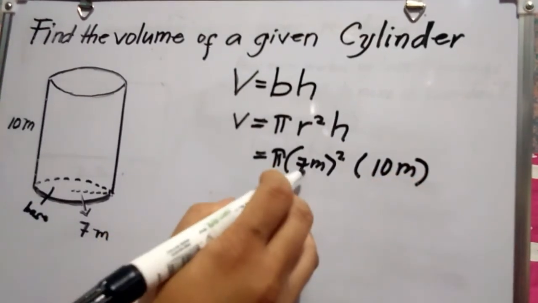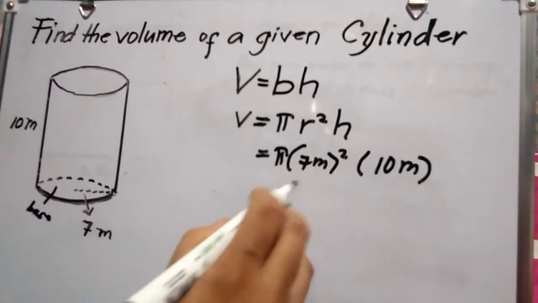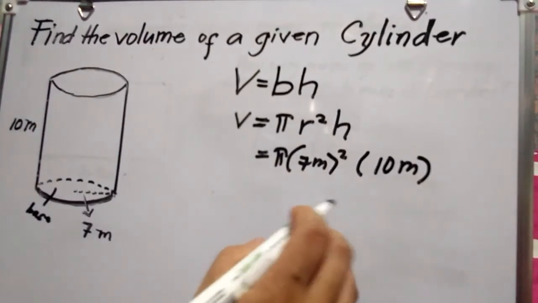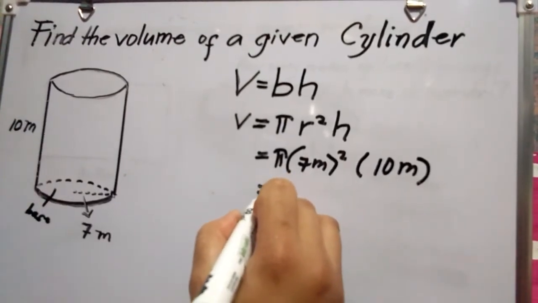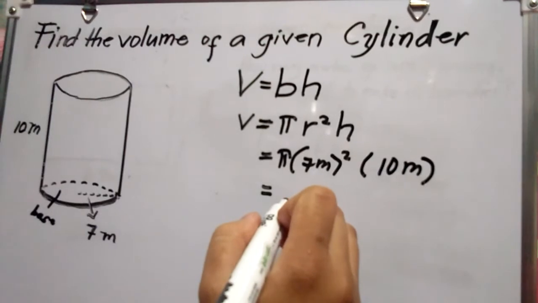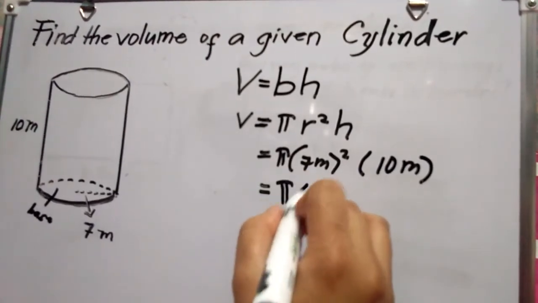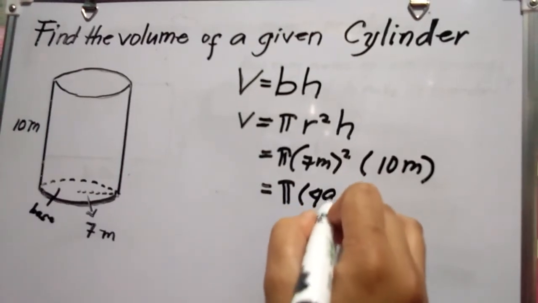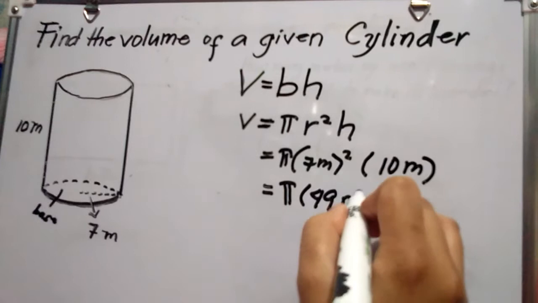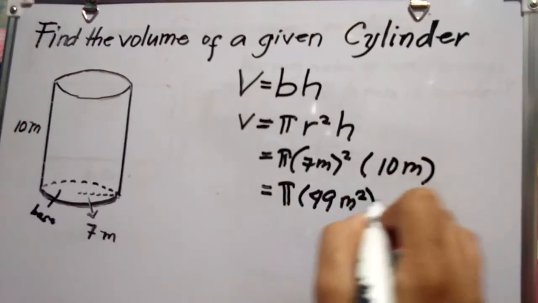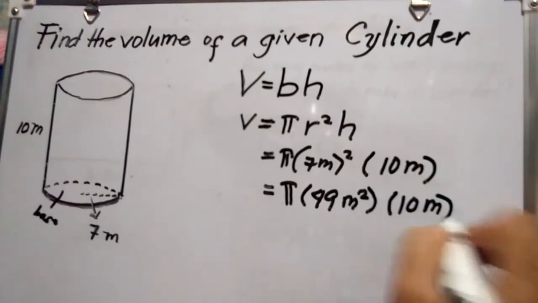Remember that 7 meters squared is the same thing as 7 times 7, which is equal to 49. And we have pi times 49 meters squared times 10 meters,